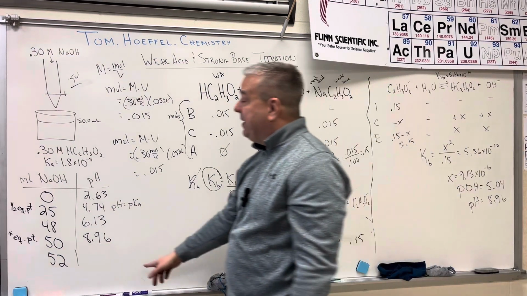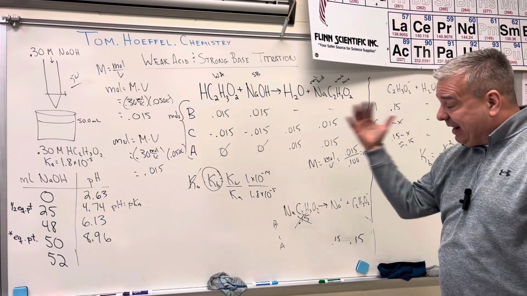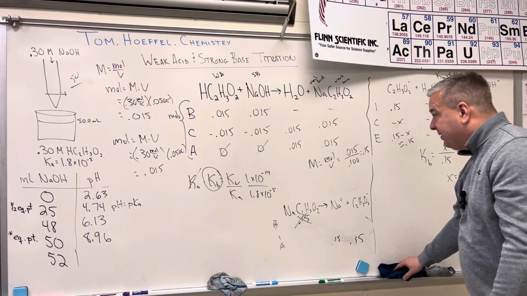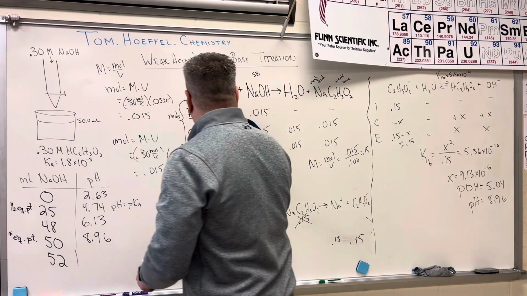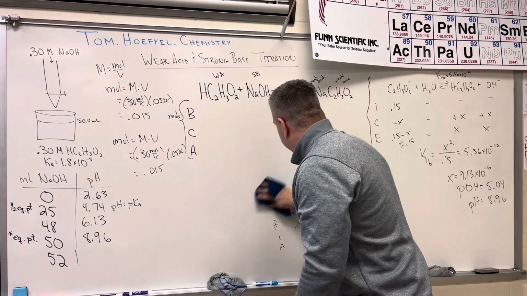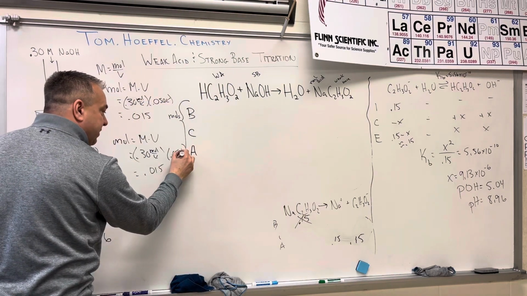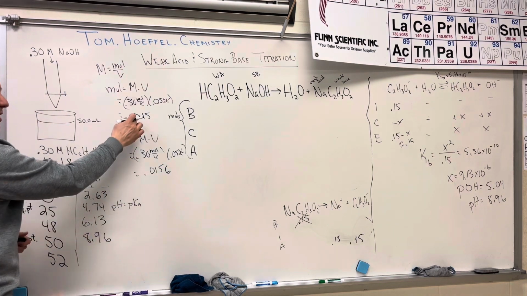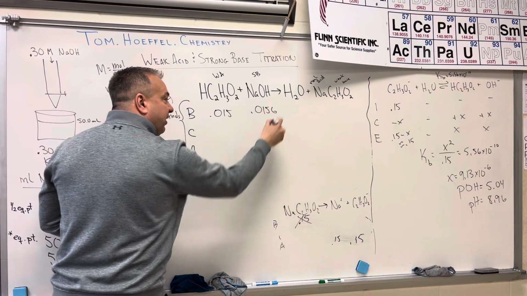Now, the last problem is actually the easiest of all the problems that we've done before, but a lot of times students make this problem a little bit more complicated than what it needs to be. So let's take a look at 52 milliliters. I'm going to do some erasing, and we're going to change this from 50 to 52. 0.3 times 0.052 is going to be 0.0156. So my acid is still 0.015, but now my base is a little bit more at